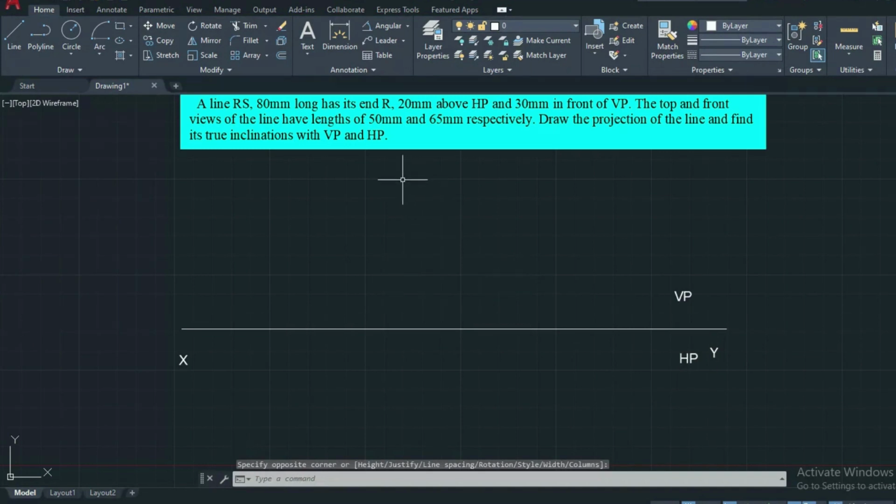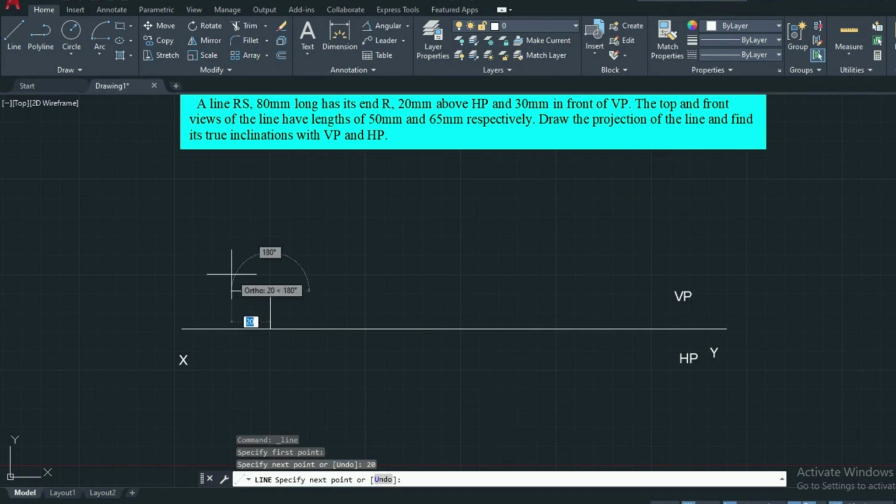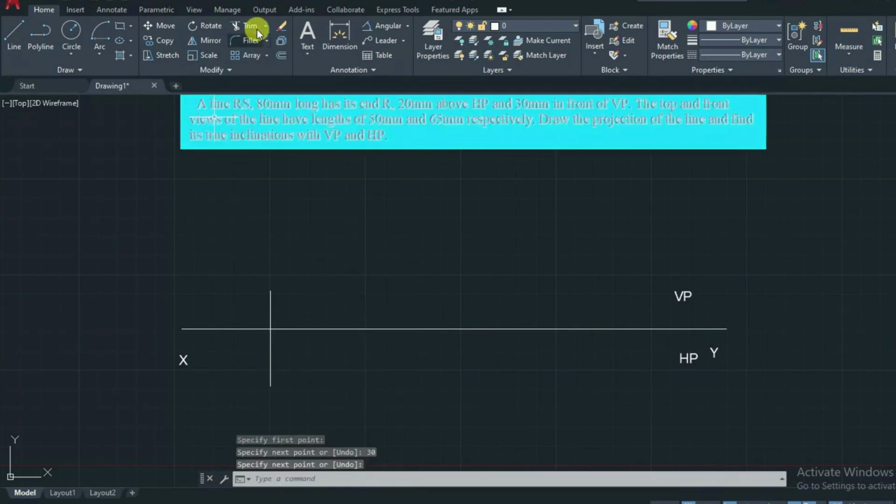So here the end R is 20 mm above HP, so we can start conveniently on the XY line, 20 mm above the XY line. And the 30 mm in front of the vertical plane, when we look at the top view, will come 30 mm below the XY line.